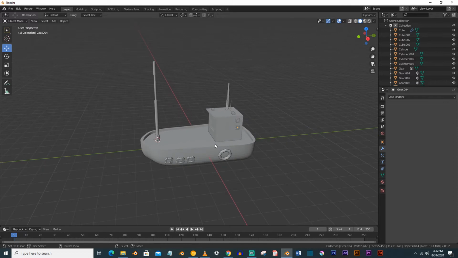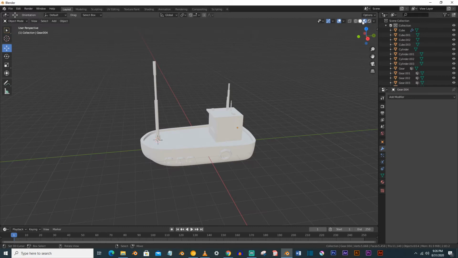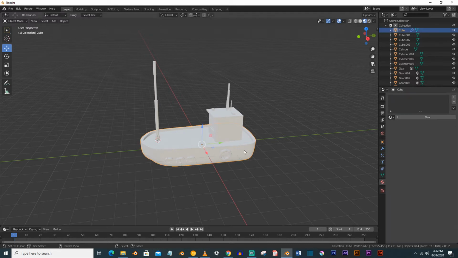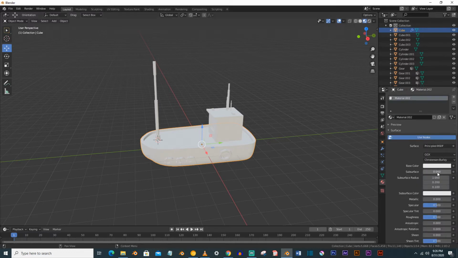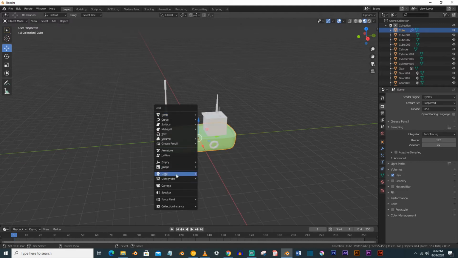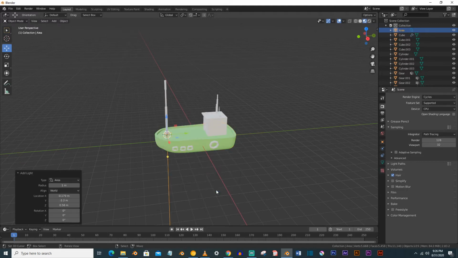Now we will quickly make our materials. So go to the material tab, select a material for your board, and we will make it a little bit green here, a greenish color. And what you can do, you can also go to the Cycles render and you can have an area lamp here.